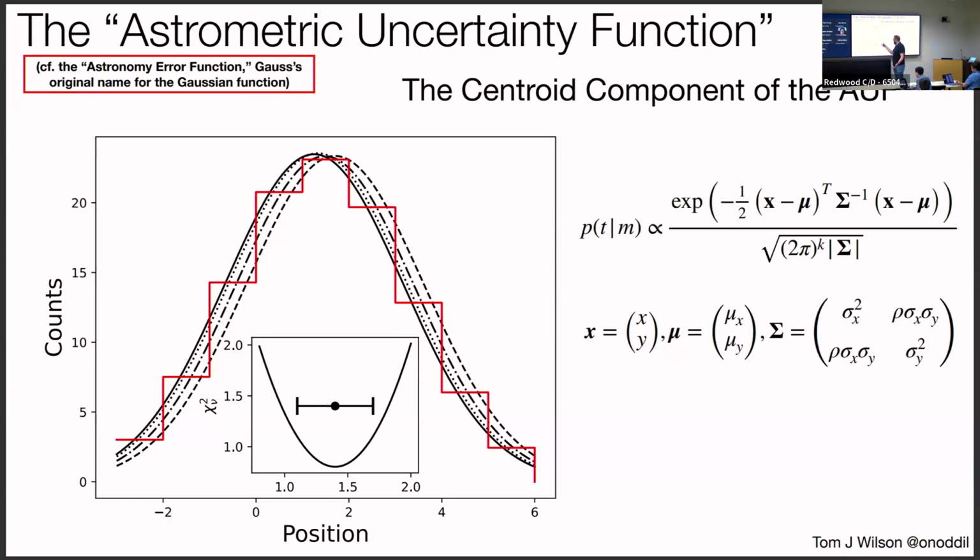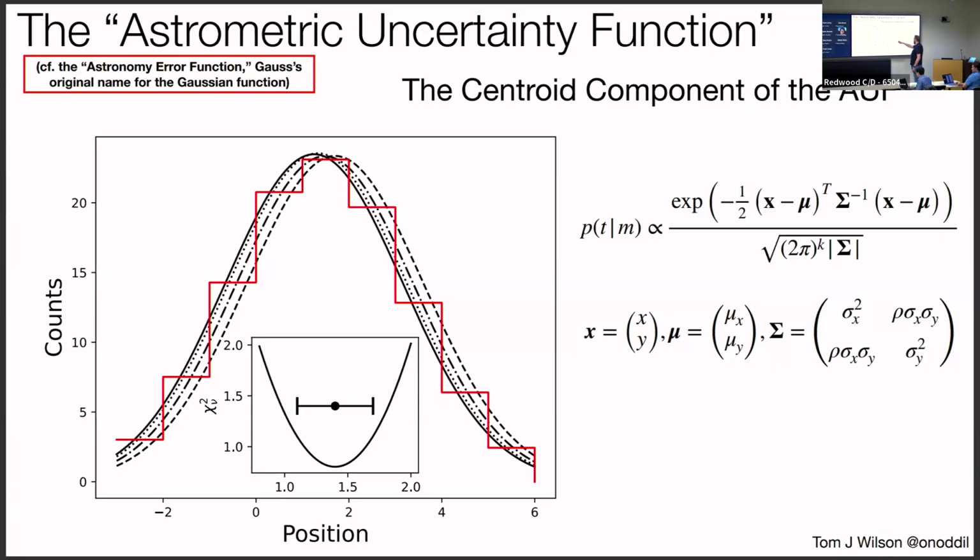And perhaps traditionally you have some sort of reduced chi-square, and you see that it reduces, and there's some minimum, which gives us our best fit. That's where our black circle was before. And then you have some contour, some chi-squared plus 1-esque cutoff, and that gives you the error bar that we think of as the uncertainty of our centroid, which then generally is represented as some nice Gaussian function with,